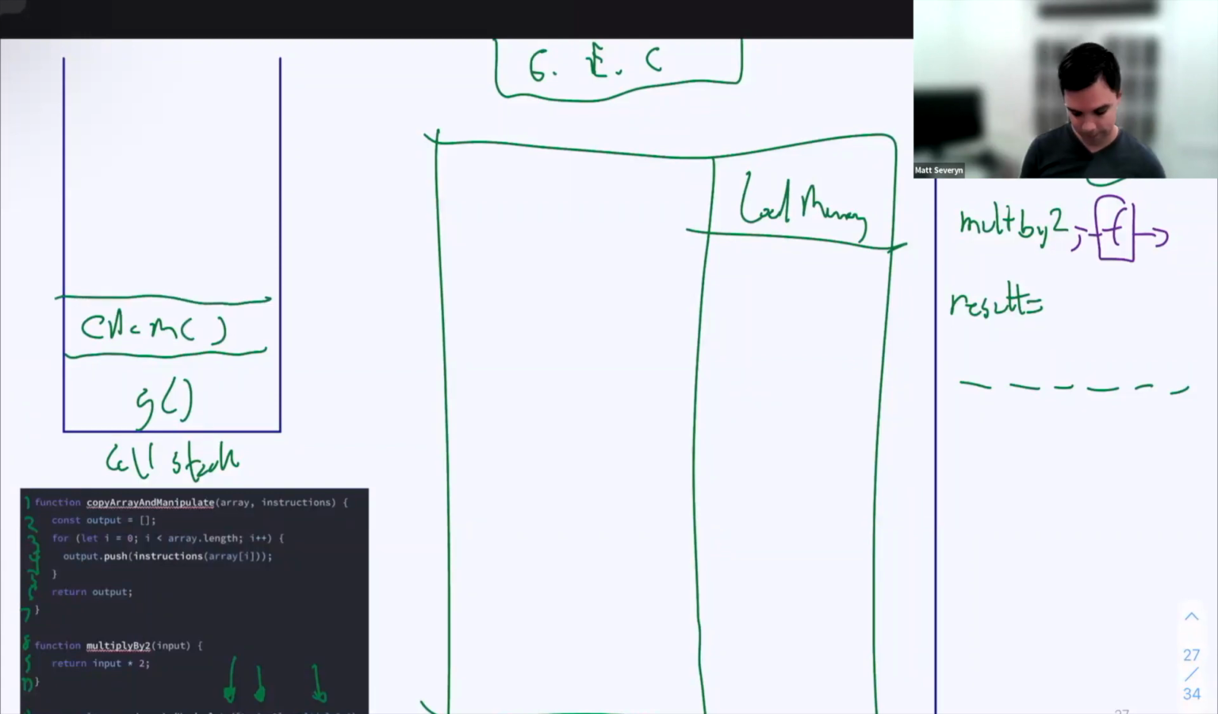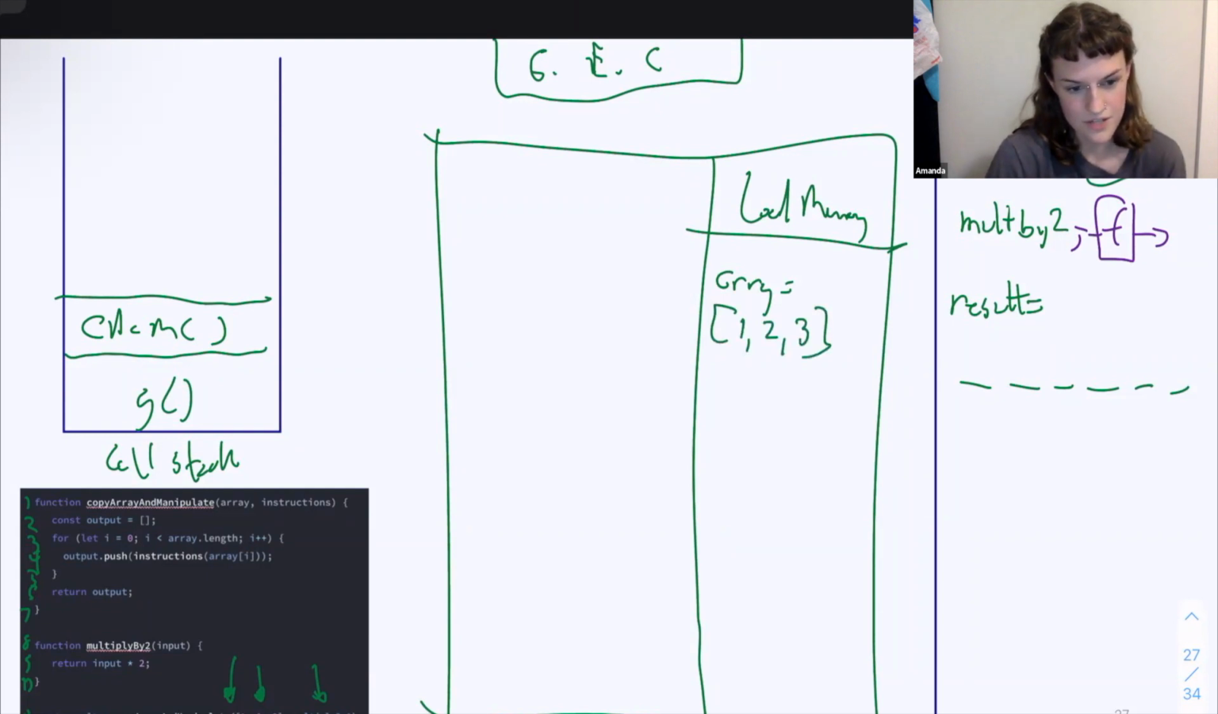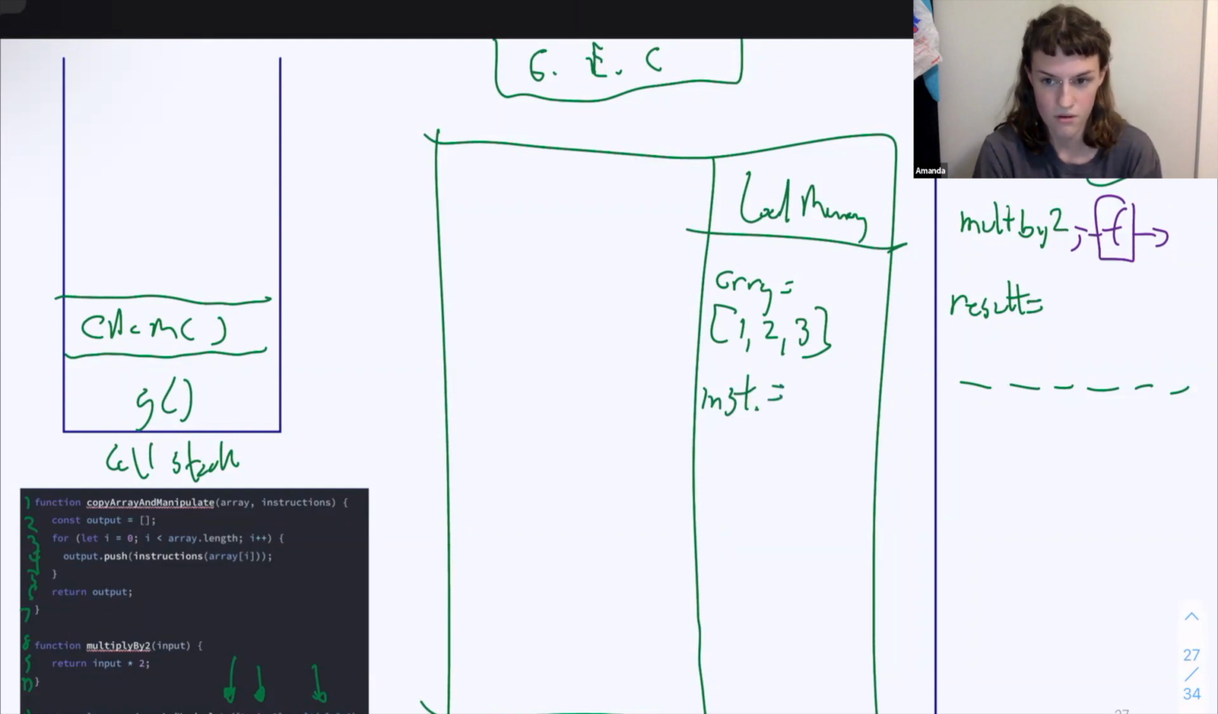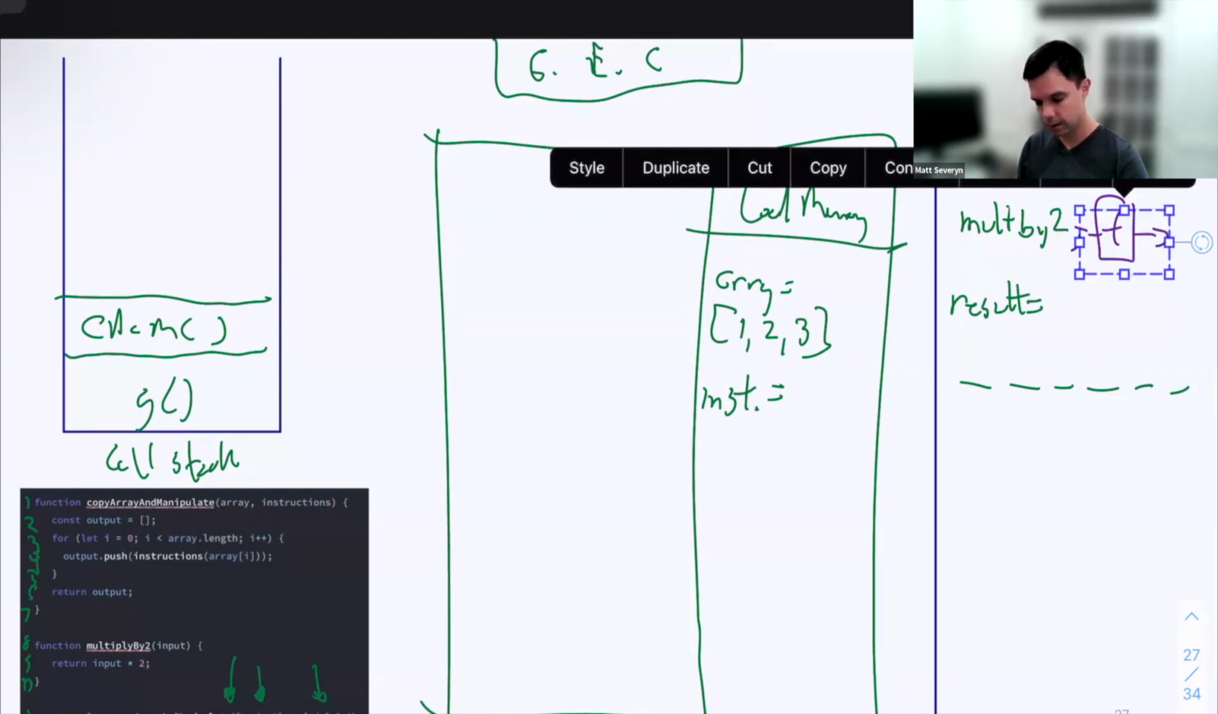Cool, what's next? And then we're going to match the arguments to our parameters. So array is going to be an array 1, 2, 3. And instructions is going to be the function definition of multiply by 2. So the function definition,